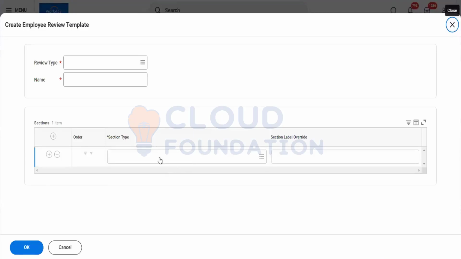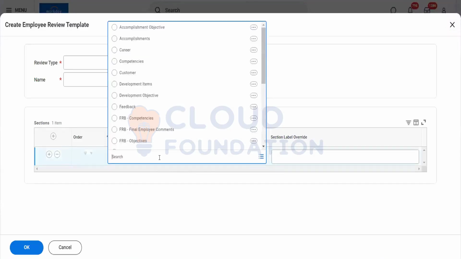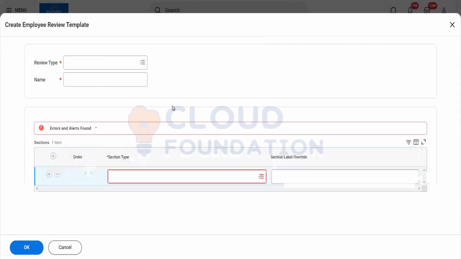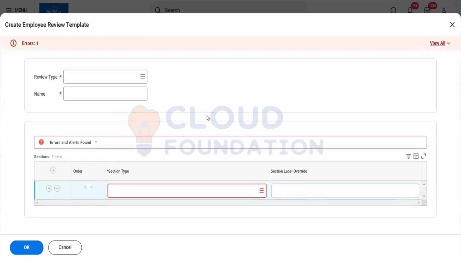So here mainly you can create. So see, talking about the review type that you want to use, like, this is related to,